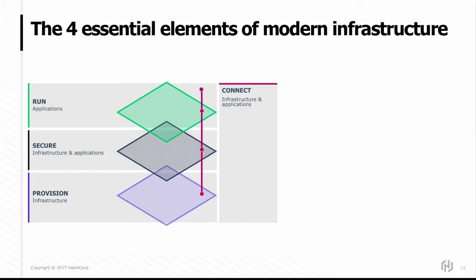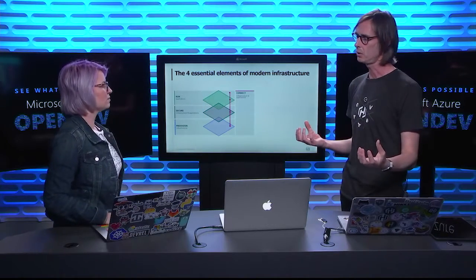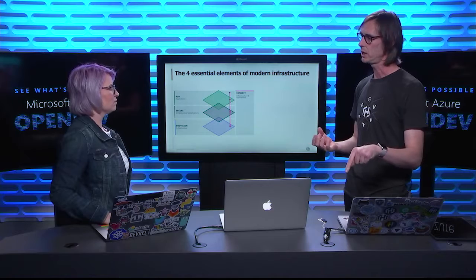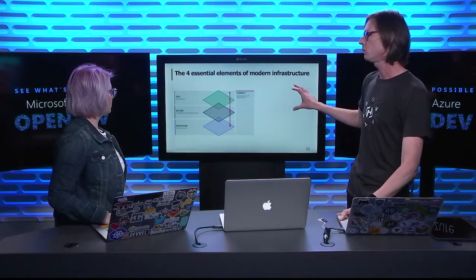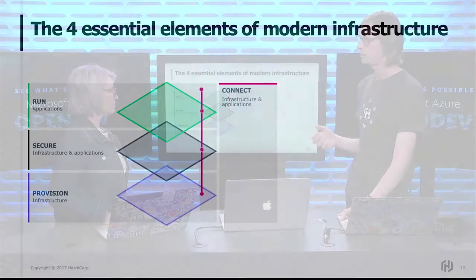In addition to that, what you also have is a necessity for being able to connect all of these parts together. Generally the first problem that people find when they start working with microservices is, how do these things talk together? Communication's easy enough. You can just use HTTP or TCP, but how do you do service discovery? How does one application know the location of another one in this dynamically shifting environment? So the connect layer, where you can provide that capability, is incredibly important,